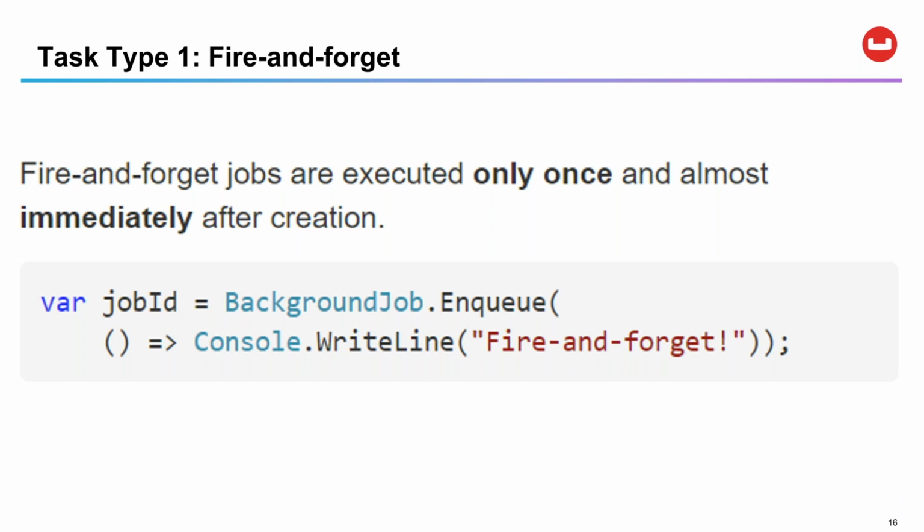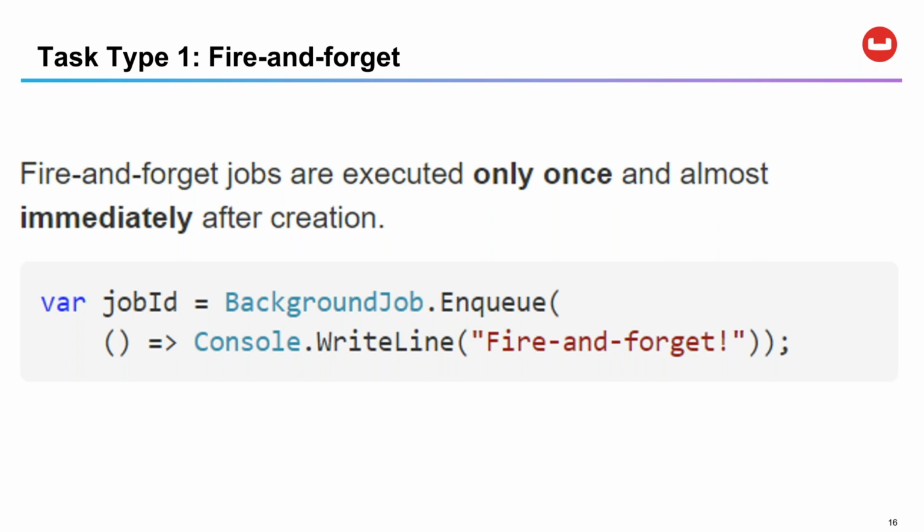Now, don't take this as a challenge, right? But Hangfire has not choked on anything I've thrown its way so far. And in fact, I recommend you don't try to challenge it, and we'll see why later. But it's pretty good at taking these expressions, and it's not failed me yet. The other thing I want to point out is that it returns a job ID, and this is important to note, the job ID it returns,